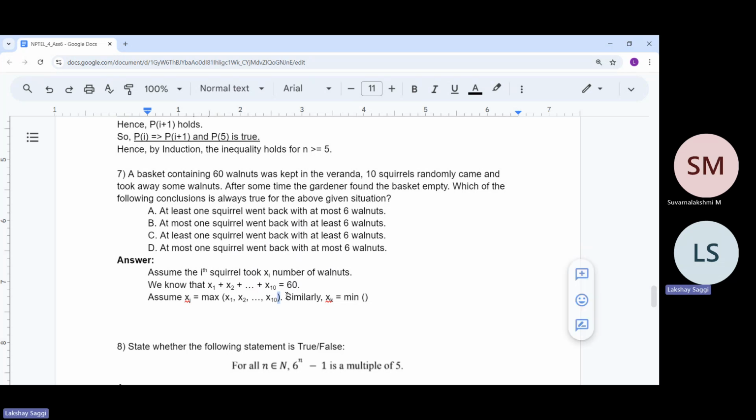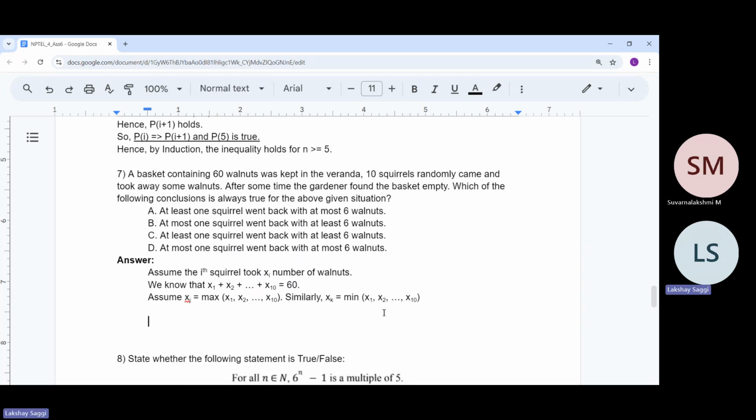Maybe I should copy this. That xj is the maximum, xk is the minimum of these 10 numbers. So what can we say about these values of xj's and xk's now? This is what we'll be figuring out. So we know that xj